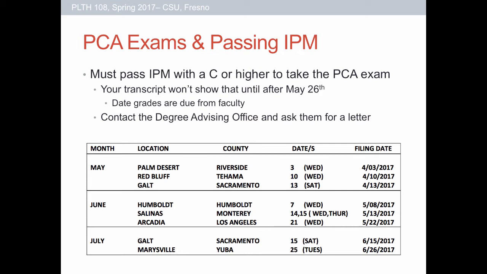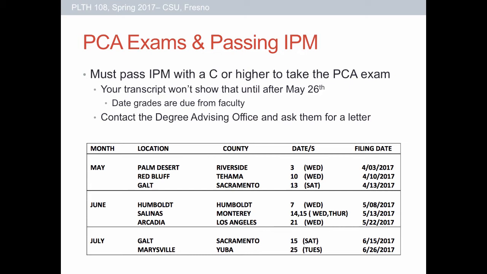Now, since faculty members aren't required to have grades in until the 26th of May, this transcript's not going to have your final grade on it, which makes things kind of tricky. So if you are planning to take the test, what you can do is send an email to the degree advising office and ask them for a letter saying that you have passed the actual course. So if I have submitted my grades, then they'll write you up a special letter saying such and such has received a C or higher in this course, and they'll send it off to the office for you and notify them. On the flip side, if I haven't submitted my grade yet, they'll contact me